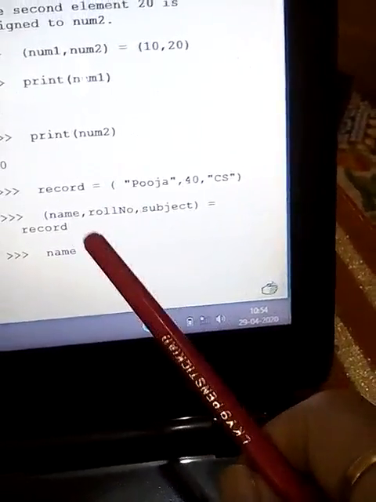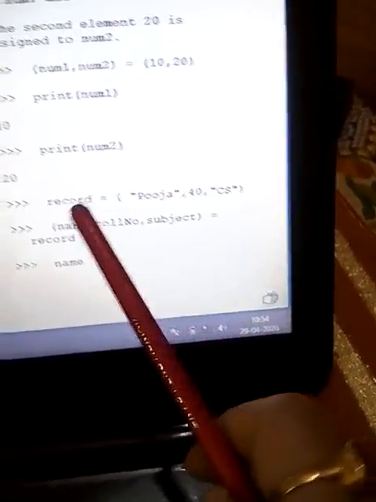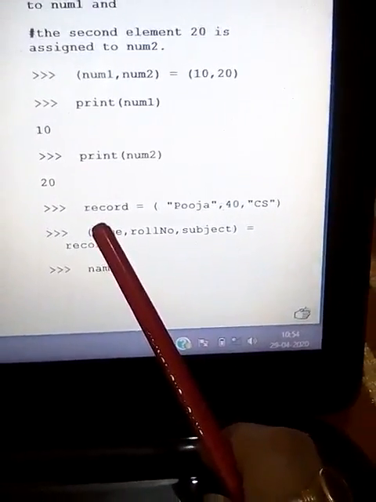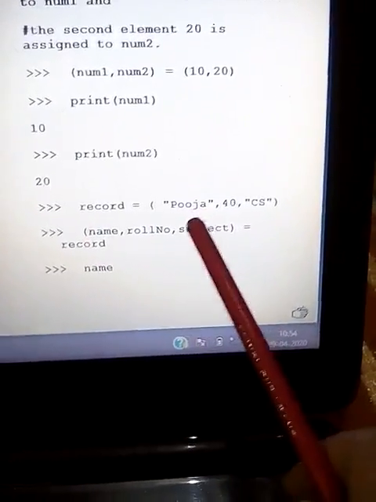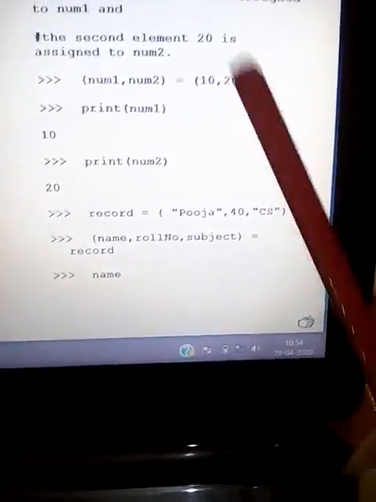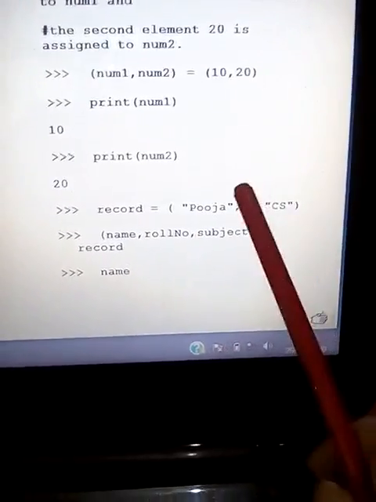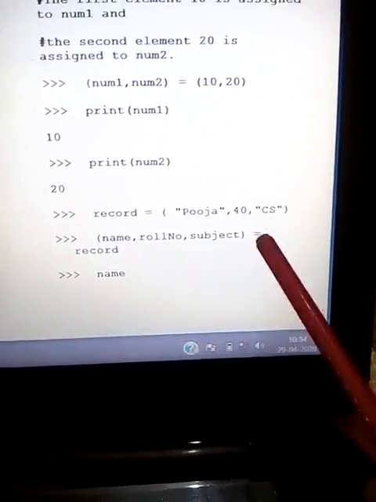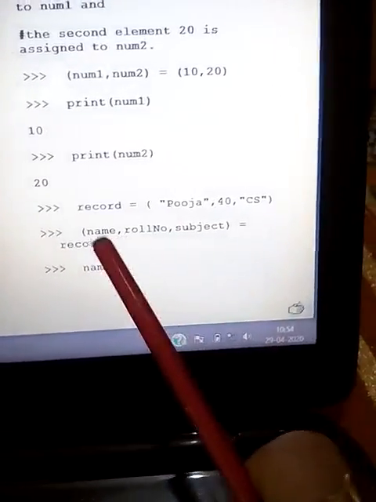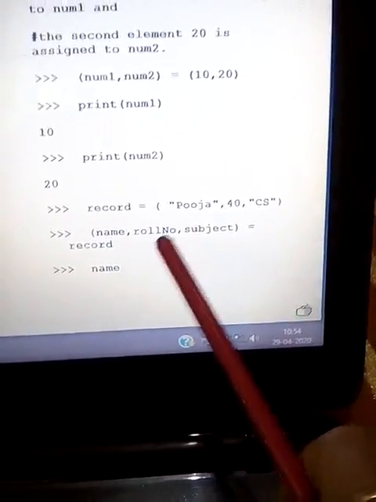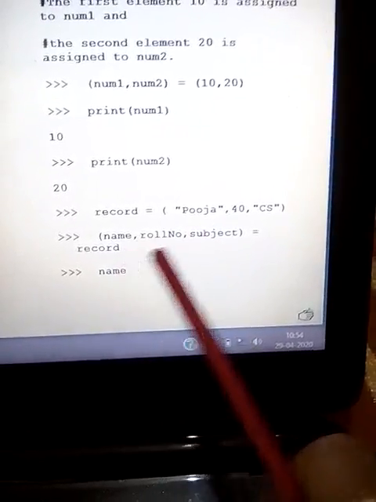Now the same way, how can we do it? Record, we are taking as a tuple variable. Now we are passing 3 elements. How can we assign these 3 elements to 3 variables individually? We are taking name, roll number and subject, separated by commas. These are 3 variables.